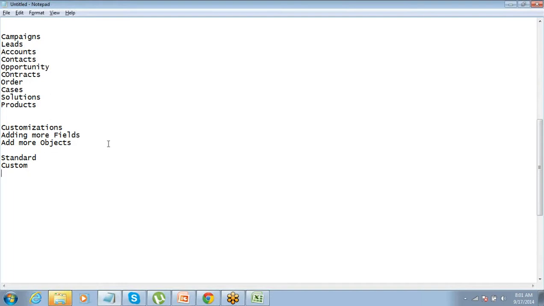Custom is what we create. So the field that we just created, that is a custom field. The fields which were already in the system, the pre-created fields for campaign or for any other object, those are all standard fields.